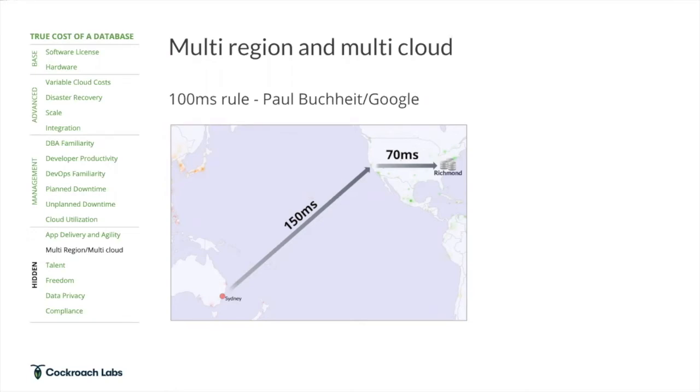And as the world moves towards 5G, and always-on instant services everywhere, this is going to be more and more important. And I really believe that this 100 millisecond rule and Paul will be infamous because this is a challenge. And so even if you're dealing with users in say just the United States, you have instances on the East and West Coast, you're still dealing with these millisecond delays because often transactions take multiple different interactions with the database,